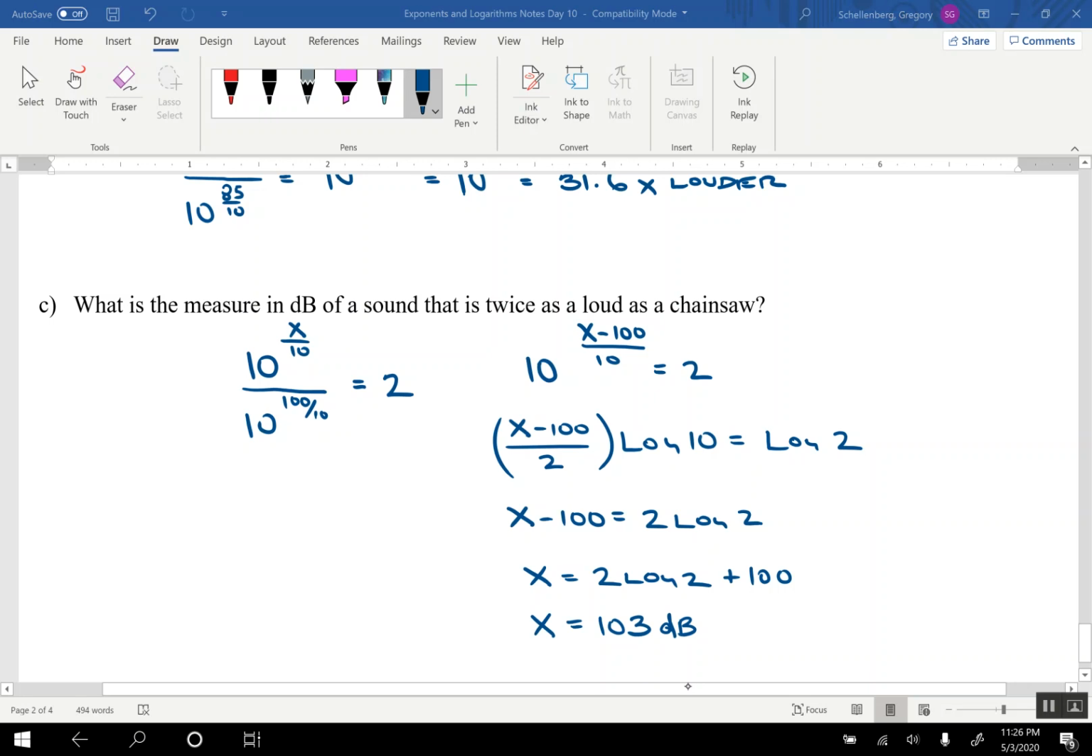Well, just looking back at this, not sure where this 2 came from. I think this up here is meant to be a 10. We're using power law, so we're taking our exponent here. We're moving it out in front of the logarithm as a coefficient. So we should have multiplied both sides by 10. So we've got x minus 100 is equal to 10 times the log of 2. x is equal to 10 log 2 plus 100, and that takes us to